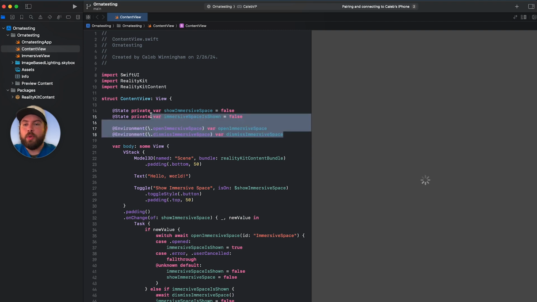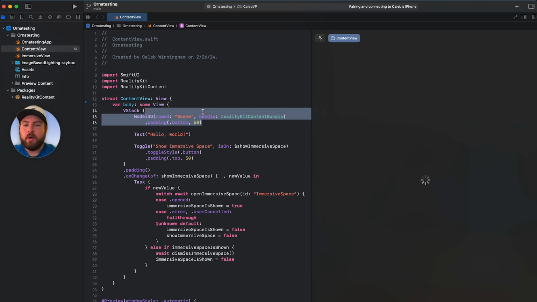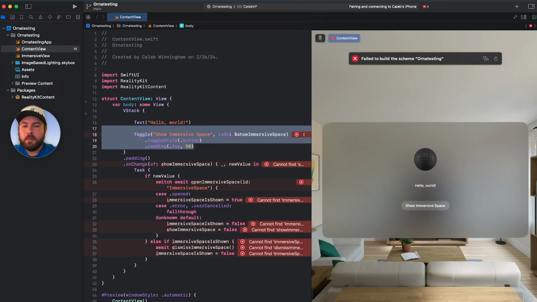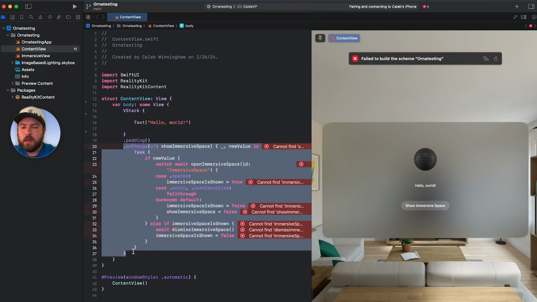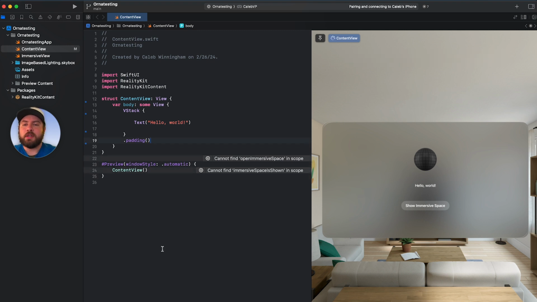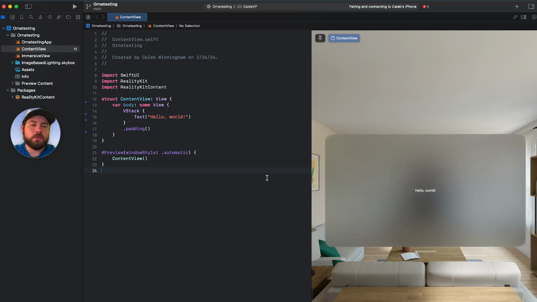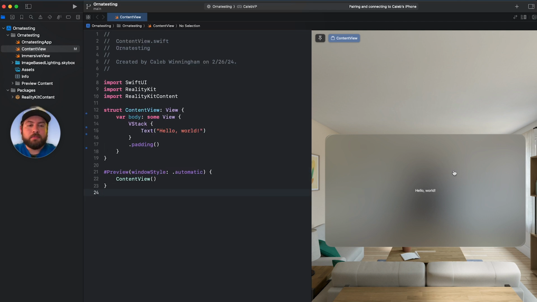But because we're only worried about the ornament aspect of this now, I'm going to go ahead and trim out all of this kind of overhead, all the bloat that we won't necessarily need for this demo. So we'll leave just the text in the VStack. We can leave the padding, but we'll take out the on change because we're not worried about that immersive scene anymore. And we should be left with a VStack with text that says hello world centered on our window. Okay, and we do. So if we see that on the right-hand side, I'll make this a little bit bigger. We've got just hello world in our window view,